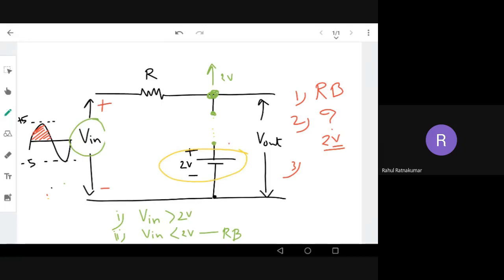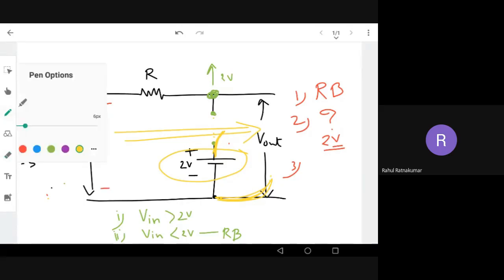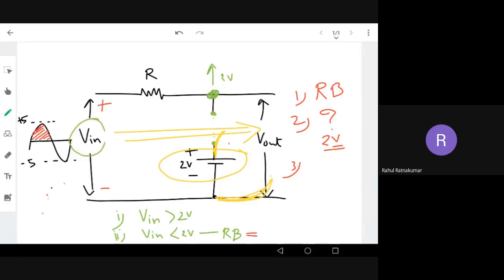There are two disconnections. The output path is disconnected, and the input path is also disconnected. So the battery doesn't come into the output. It doesn't have any value, because a battery or voltage has an effect only if it is in a closed path. Now the battery doesn't affect anything here. So all my input is directly going to come into my output because of this open circuit case. This is what happens in the second condition we discussed, at the bottom. The reverse bias causes V output equal to V input. V output is nothing but V input.